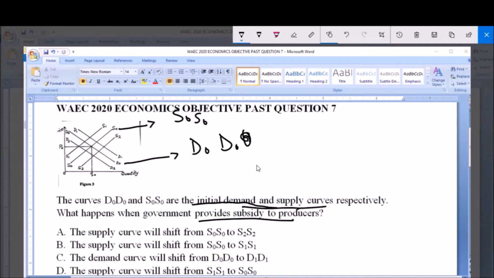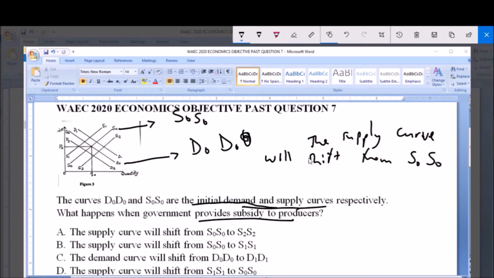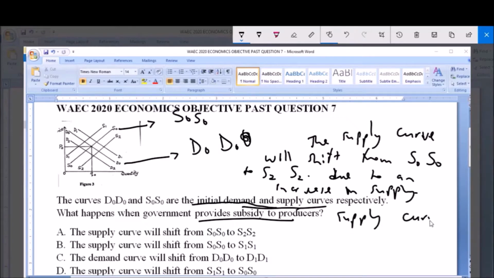Now, as it relates to the supply curve, if government provides subsidy, the supply curve will shift from S0, S0 to S2, S2. Now this shift indicates an increase in supply. This occurs as a result of increase in supply, meaning that the supply curve,